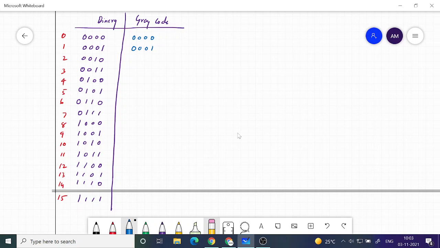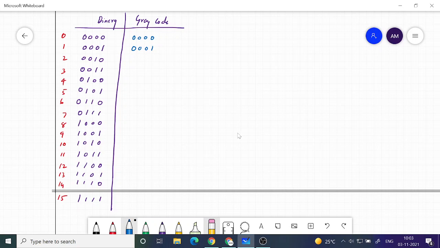Now when you go from here, if you look at binary, you are changing 2 bits. The least significant bit 1 is changed to 0, and the next bit is changed from 0 to 1. So there is a 2-bit change. Therefore in the gray code that is not allowed. Only a single bit can be changed. Now what is the way to change?